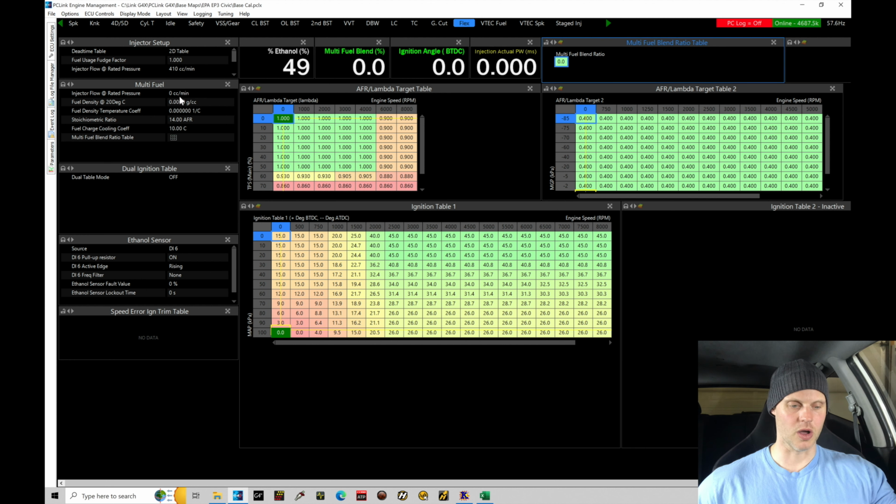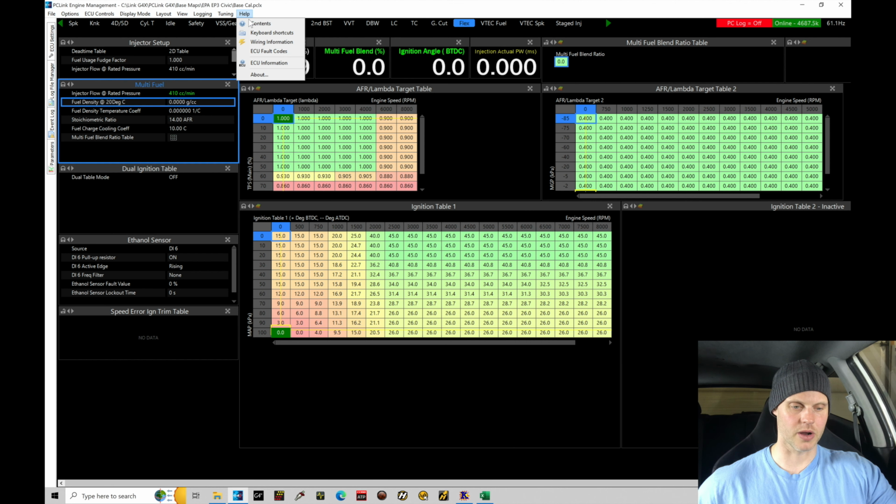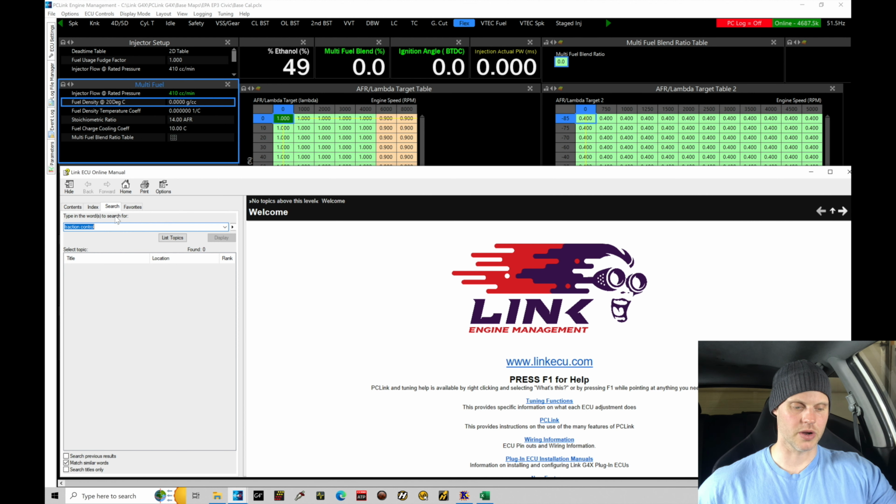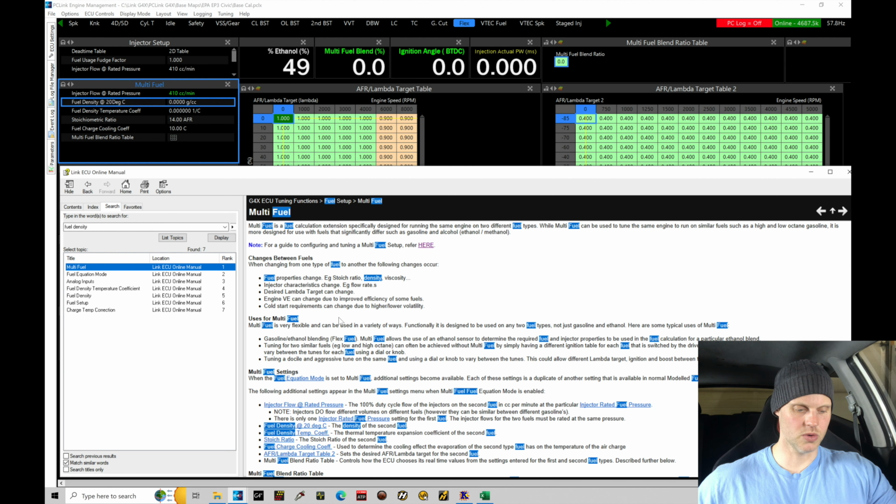The injector flow, we're going to see the injector's flow here, 410 cc per minute when we're on the multi-fuel mode. We don't need these to be offset. The fuel density here, we do need to look up. So if we go here into the fuel density under the help here and we click contents, you could also click F1, but I'm just going to show here. And we type in here fuel density,